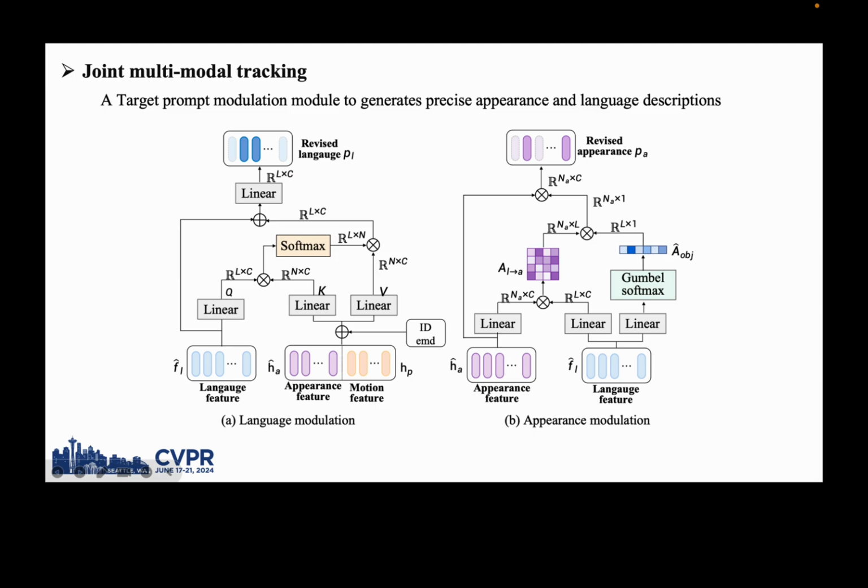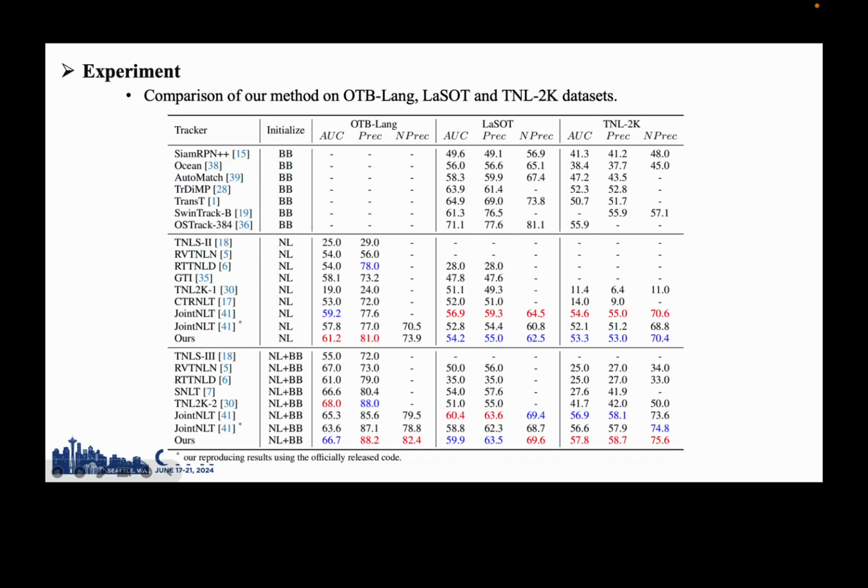We utilize a multi-head cross-attention operation to generate the language prompt, and the purpose of appearance modulation is to generate a binarized mask based on the category or appearance description of the tracked object in the sentence, which can better fit the shape of the target. The prompt modulation, along with the target decoder module, forms a unified framework to utilize the verbal and visual reference for natural language tracking.